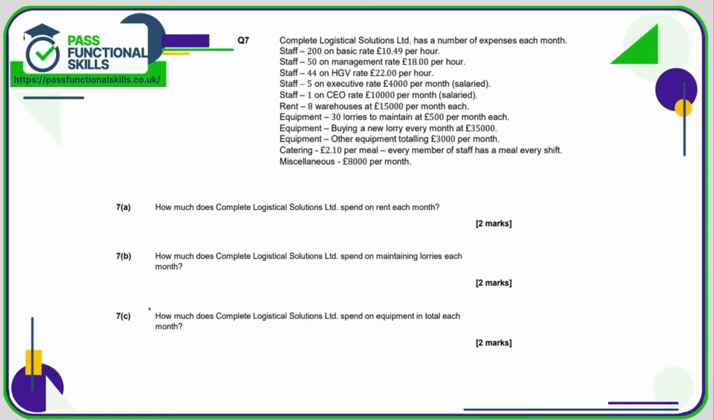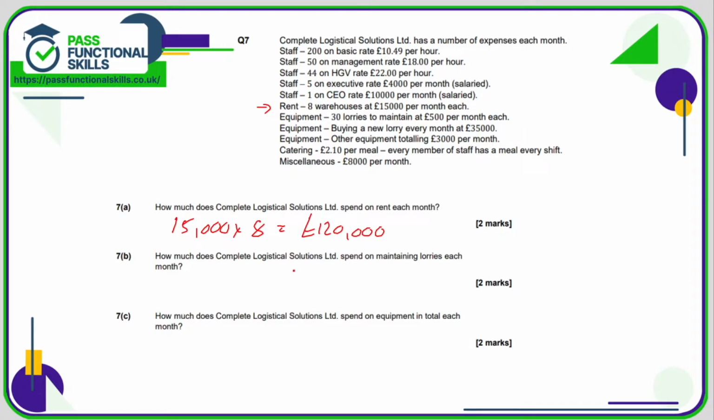Question number 7 isn't that bad, but it is very easy to get wrong answers. We need to be really careful that we read this information closely. So how much does Complete Logistical Solutions spend on rent each month? Let's take a look at the rent. Rent is here. It's got 8 warehouses at £15,000 per month each. So shouldn't go wrong on 7A. All we need to do is multiply 15,000 by 8, and that comes to a total of